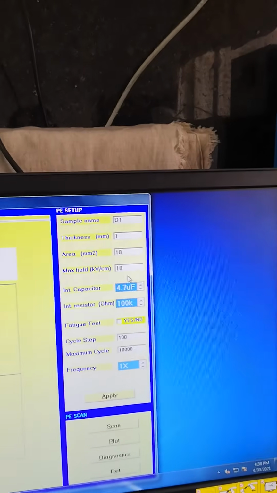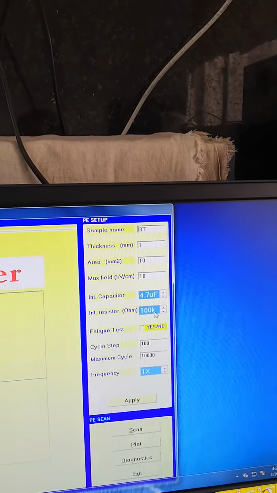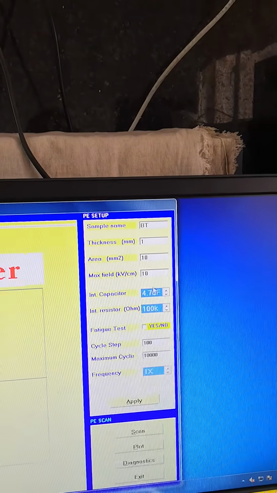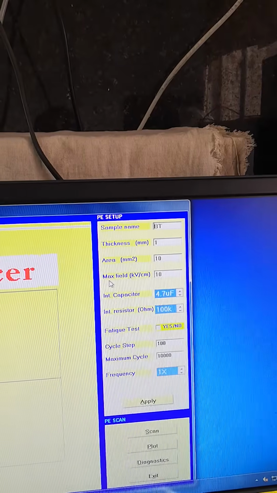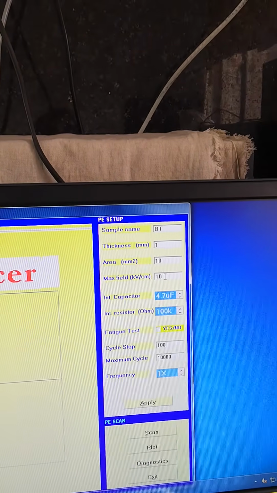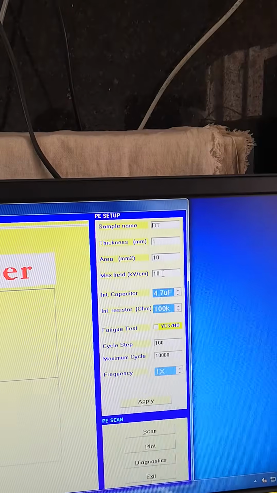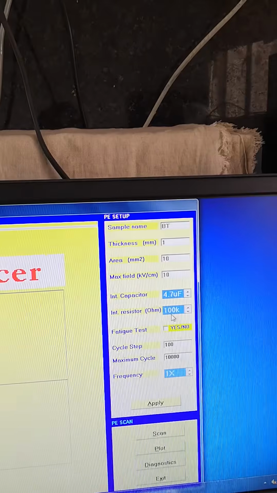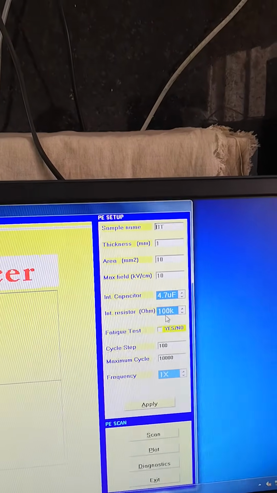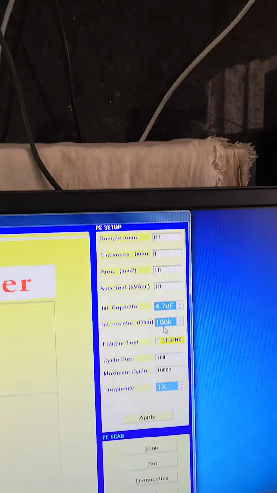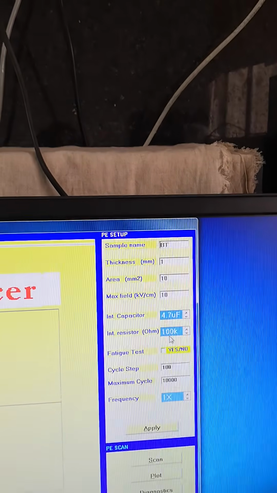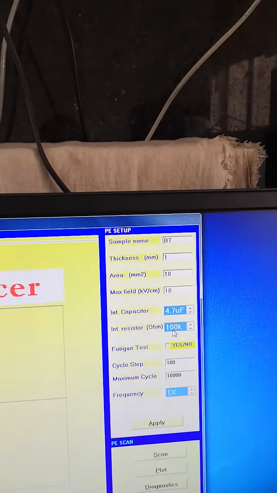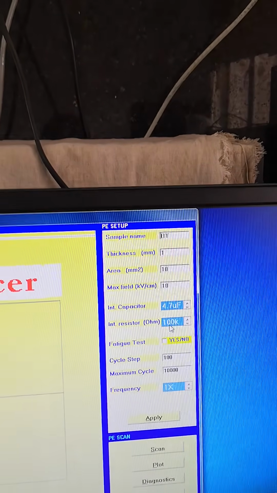So now the next three parameters basically influence the PE loop of our sample material. So electric field, here we enter the value of the externally applied electric field. This is the capacitance and the resistance that I have explained to you earlier in our Sawyer-Tower circuit, that we have to adjust the value of capacitance and resistance according to our sample material to get the exact PE loop, right?